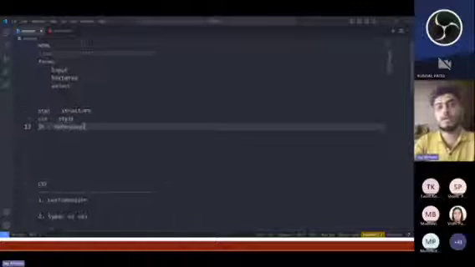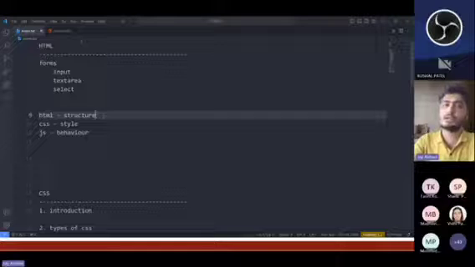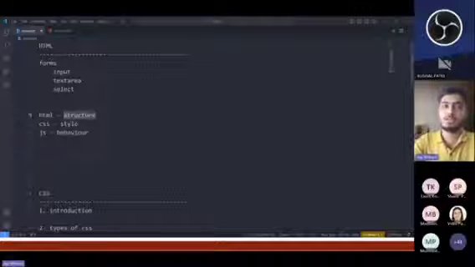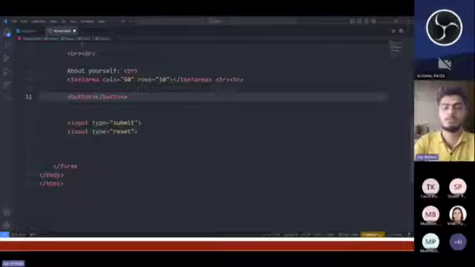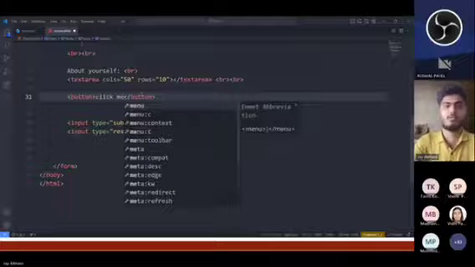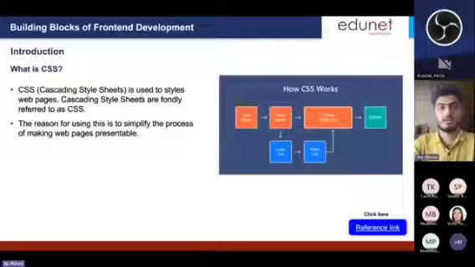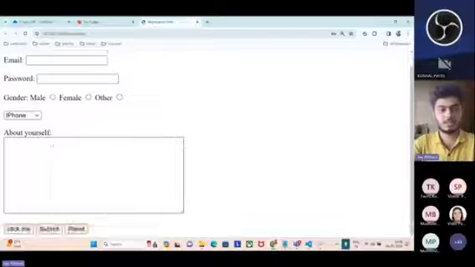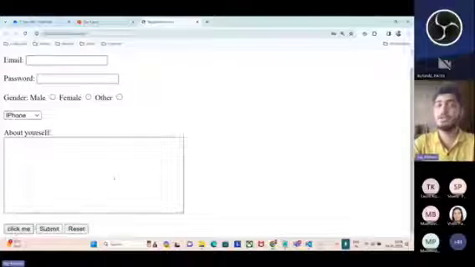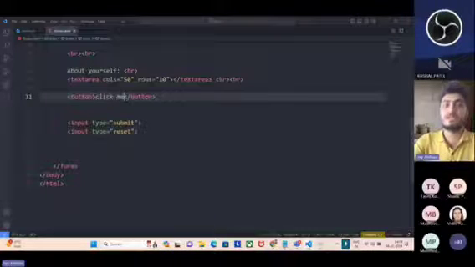Let's understand this with one example now. So let's say you want to create one button. Right? So the button you can create using HTML, right? You can just use button, something like click me, right? So see, this button is created with click me. So the button we created using HTML,